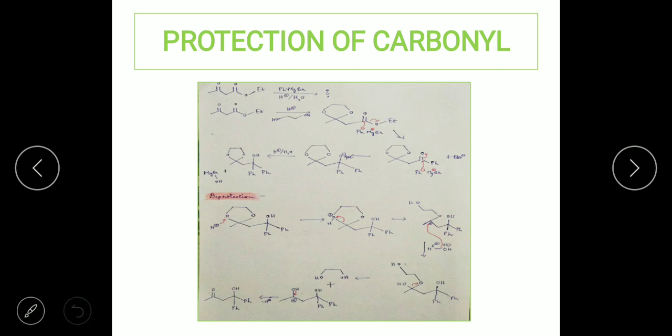So how it's going to react is that the phenyl in the Grignard reagent has a negative charge and the MgBr has a positive charge, and the carbon is going to be attacked by the nucleophile, that is the phenyl anion. Once it attacks, there is going to be cleavage of the ester group. The bond between the carbon and the oxygen is going to get cleaved, and there's going to be formation of an intermediate of this kind.